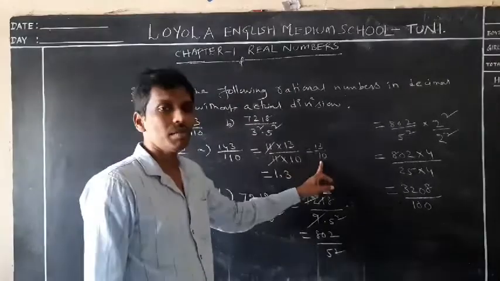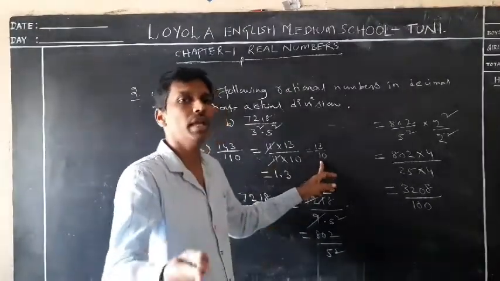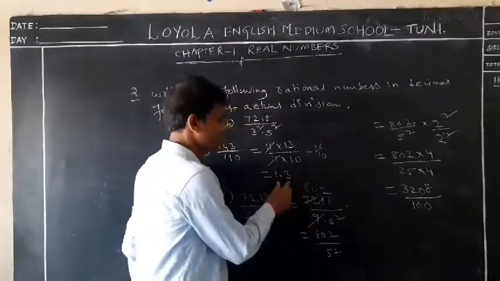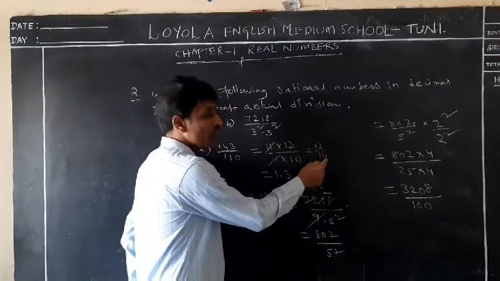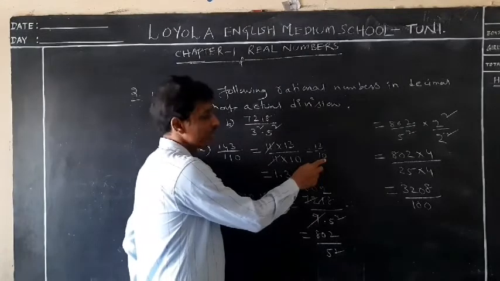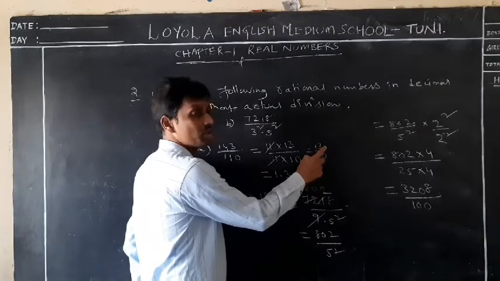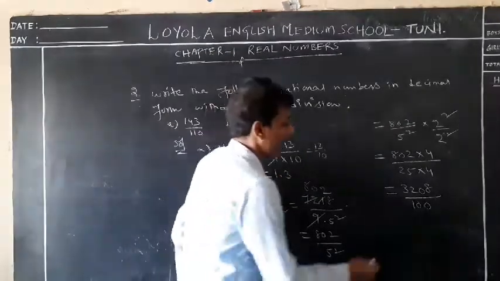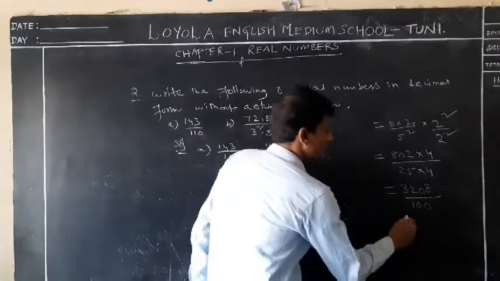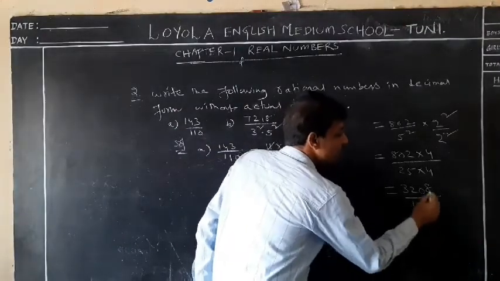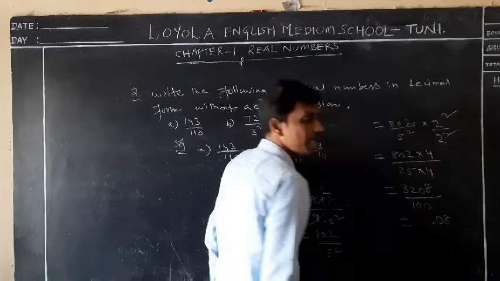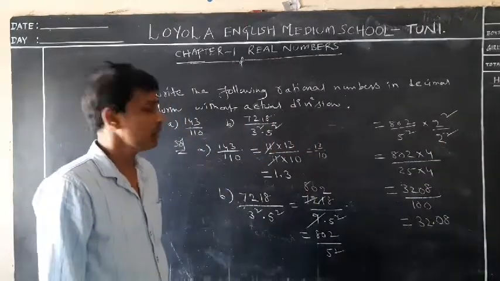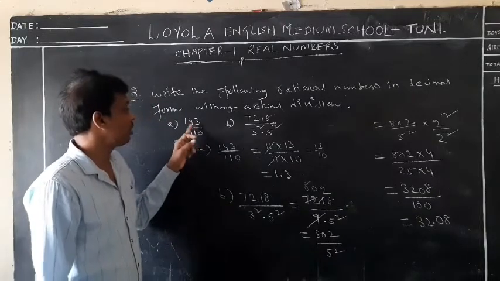We know very well, if the denominator is 10 or powers of 10, without doing actual division we are able to write its decimal fractions. How? If you go to the first example, if you observe in the denominator 10, only 1 zero is there. So from the right side onwards, after one digit, we kept a decimal. And here you see 2 zeros are there. So what can I do now? After 2 digits from the right side, you keep a decimal point. So the rest of the values as usual you write. Now the decimal fraction of 143 by 110